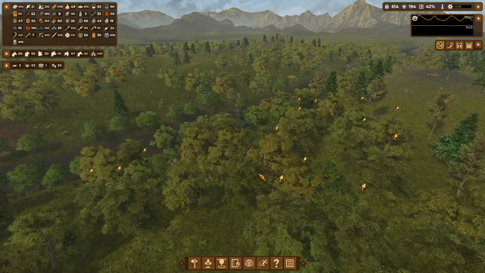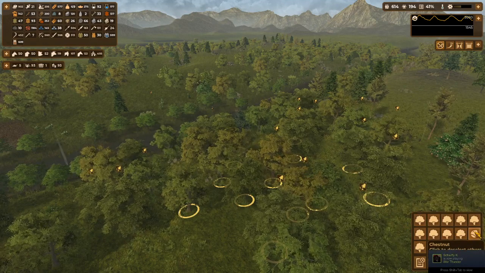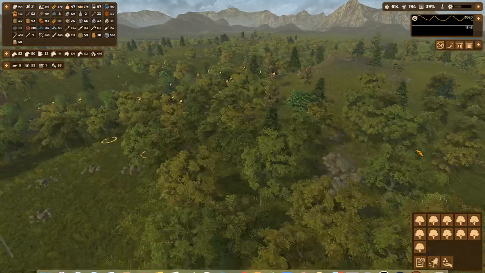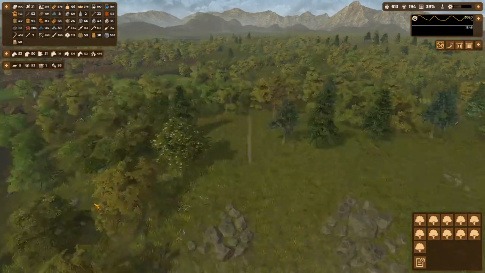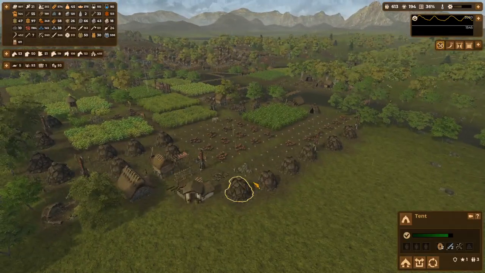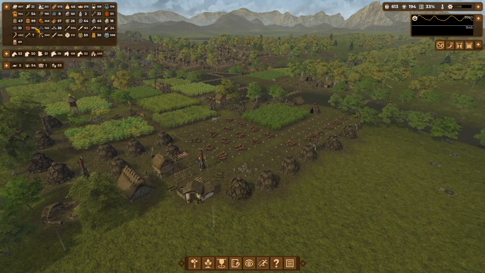When I gather my logs, I just double click and filter out by pressing shift, and I can remove this chestnut, something like that, and then I can continue like so. Here, I put a lot of tents because it's so hard to maintain